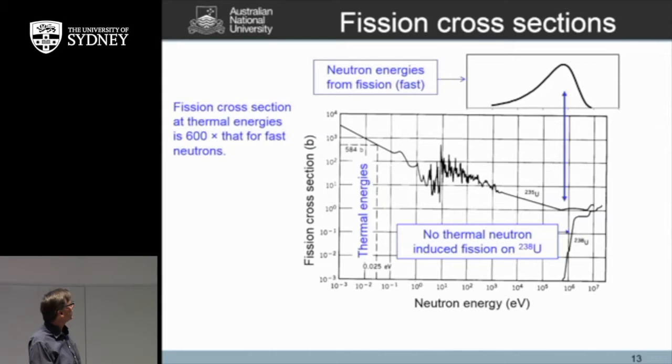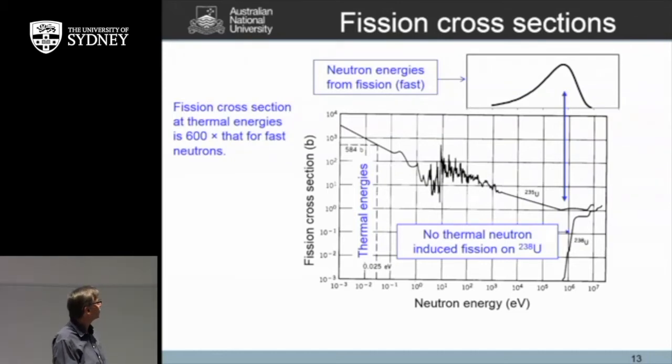So here's the fission cross-section in barns as a function of neutron energy. Notice the log scale. This diagram up here shows the distribution of neutrons. Now this looks different than the one I showed before because I've now put it onto a log plot, but it is actually exactly the same distribution. This is the fast neutrons. This is the thermal energy regime. There's no thermal, I probably should have put the arrow over here rather than there, but your cross-section for uranium-238 dies here. So there's no thermal